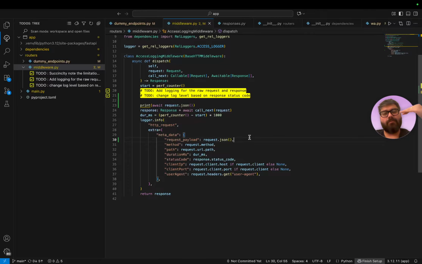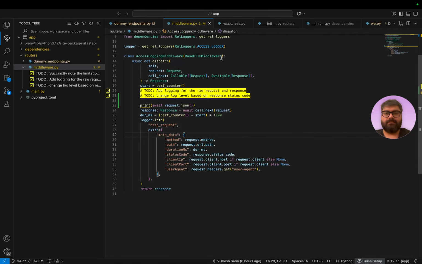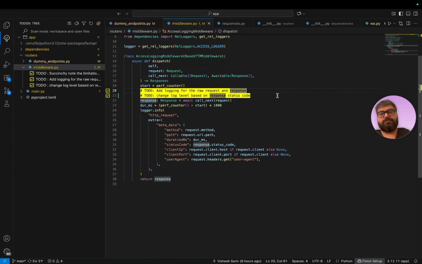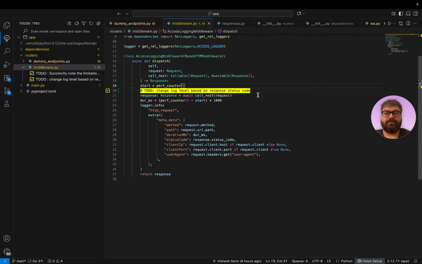I think everything that's appropriate about the request to log, we log in the main route, as well as logging the payload that we send back out. Yeah, I think that's fine. Right, because there's too much variability here with what type of payload it is. Okay, so we're fully abandoning adding the raw request and response, and we're going to make that the responsibility of the endpoint itself. Now the status code thing, this on the other hand,